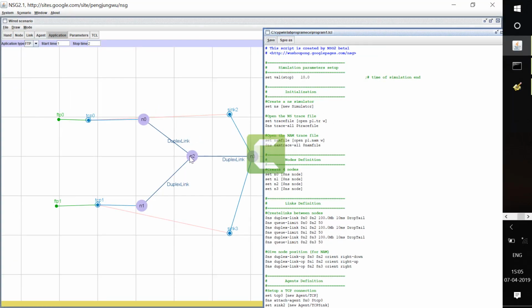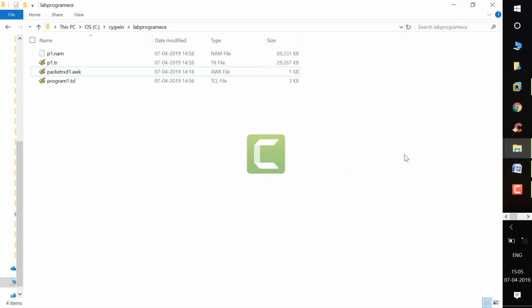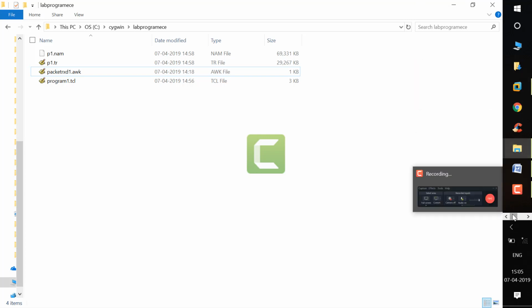So here node 2 and node 3 are the path that is connecting. This node 2 sends the data to node 3 here. Whatever the packets that are sent from N0 and N1, they will reach N3 through node 2. So in order to calculate the received packets, I will assign these two nodes. As I said, the third column is the from column, and the fourth column is the destination column.